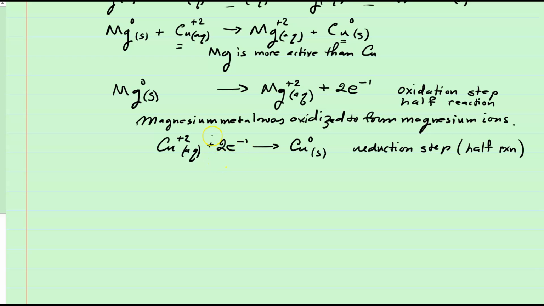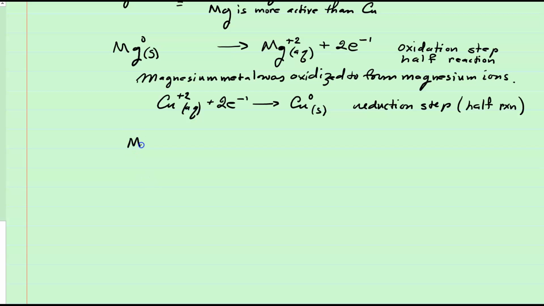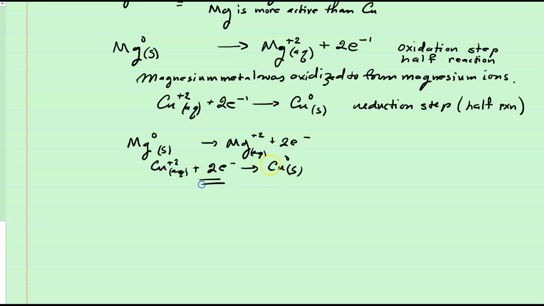And of course, if we combine these, we can see that we have a situation where magnesium 0 goes to form magnesium plus 2 electrons, and we have copper plus 2, this is aqueous, plus 2 electrons, forms copper 0, and of course the electrons being on both sides of the reaction means that they cancel out, so of course we end up with magnesium